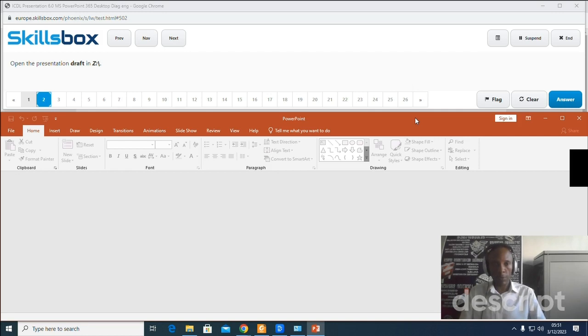So if your system is passing the diagnostic test system check, it will also pass the exam. If it's failing the diagnostic system check, it means your computer will not be able to host the exam for you on Skillsbox. So make sure when you do your diagnostics, your system is passing all tests. Alright. So when the test launches, the question